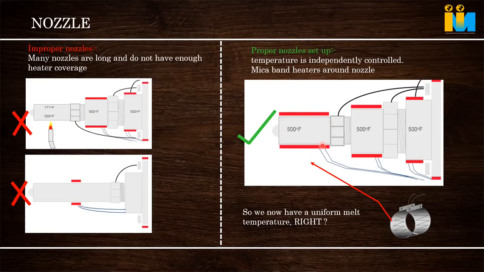The nozzle heater should be covered like this and be of proper size. In many places we go and see the heater in a red hot condition. In the machine, the moulder tells us, oh, it's normally red hot only. No, it will not be red hot. Red hot is a faulty signal because it's overheating and heat is not going to the machine nozzle.